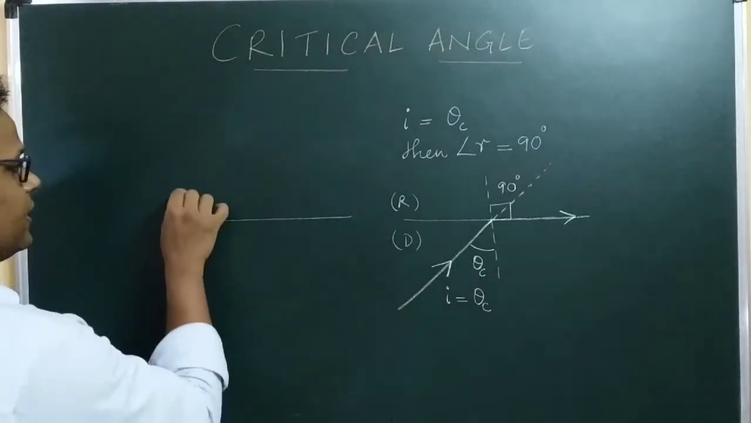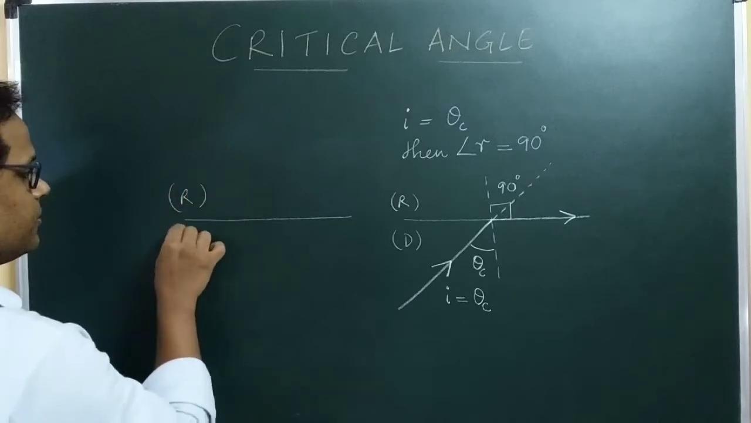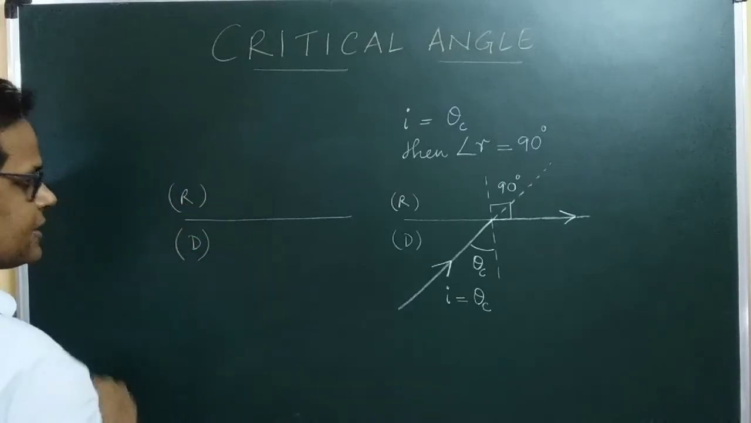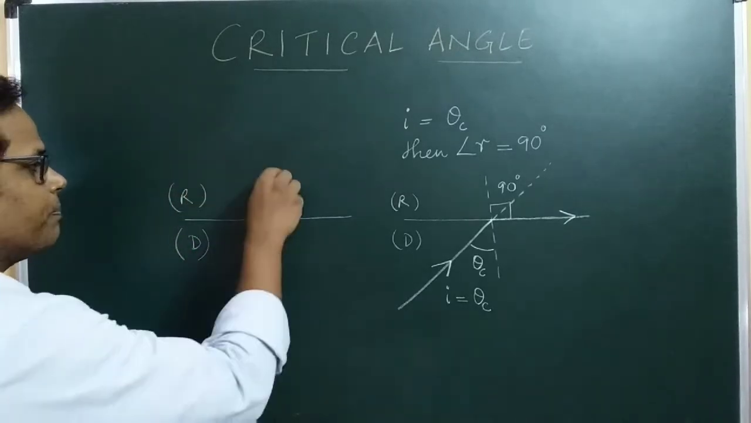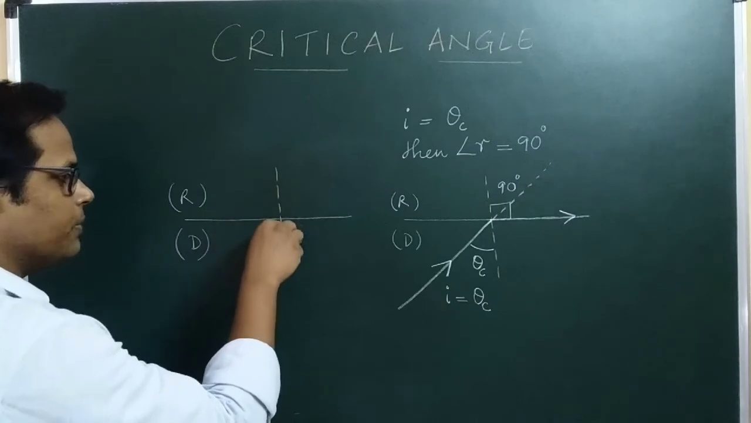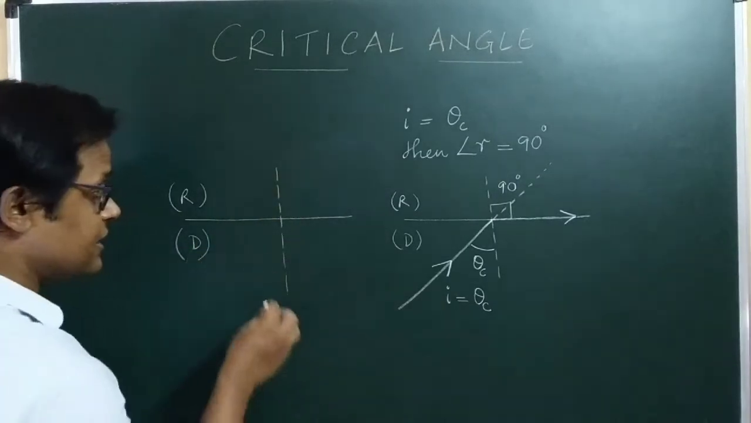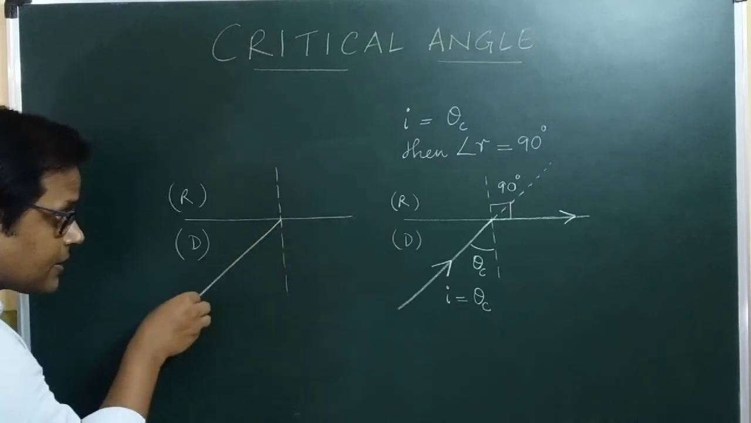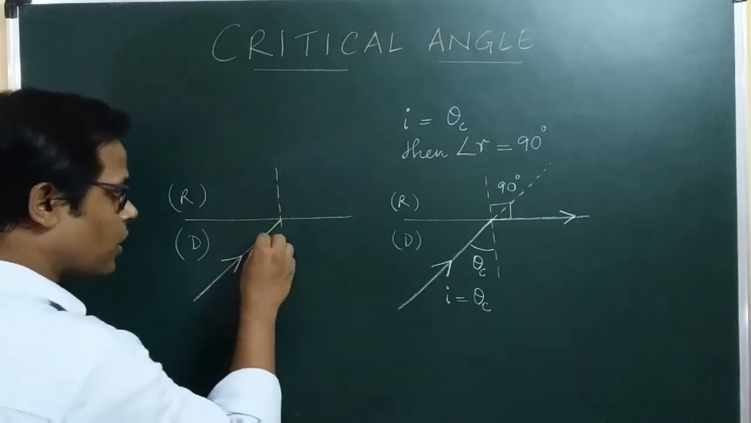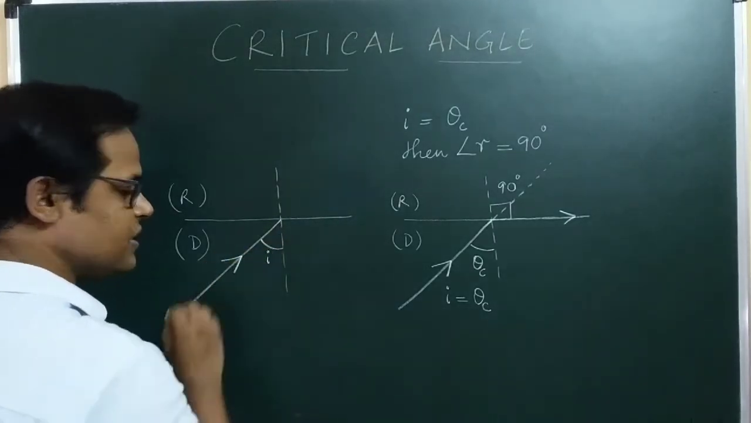This is my interface. This is your rarer medium. This is your optically denser medium. This is your normal. And now you see what's going to happen. If the angle of incidence is much larger, if this is your angle of incidence for this